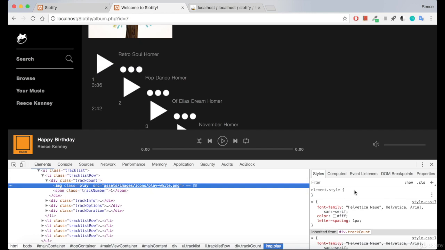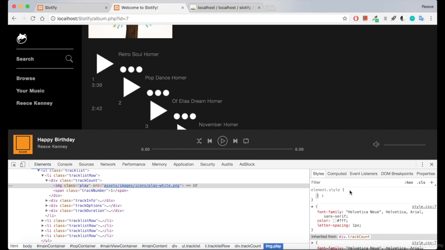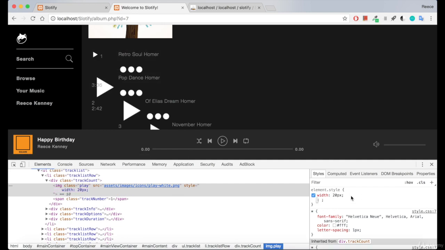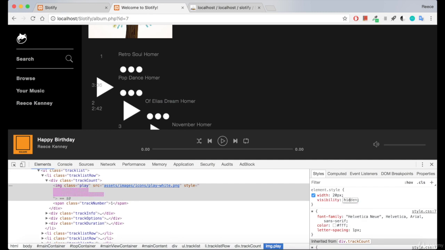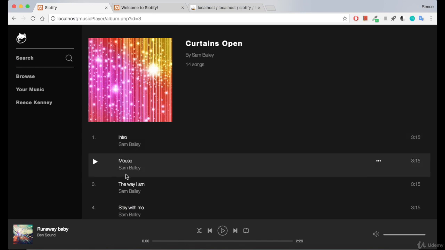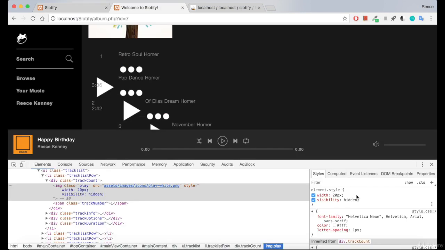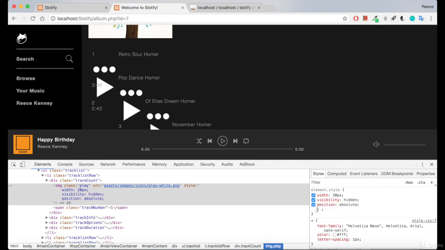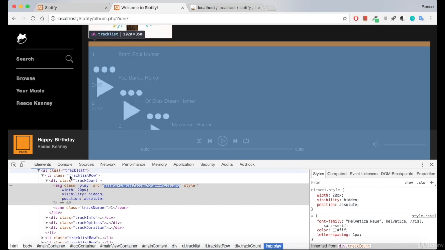So click on the icon, the image within track count, and let's just style that now. Let's give it a width of 20 pixels, so you see how it's a lot smaller. So width of 20 pixels, visibility hidden, because we don't want it to show, remember. If you look here, it only shows when you hover over the row. Okay, so visibility hidden. Let's say position absolute, which means it's positioned relative to the first parent it finds with